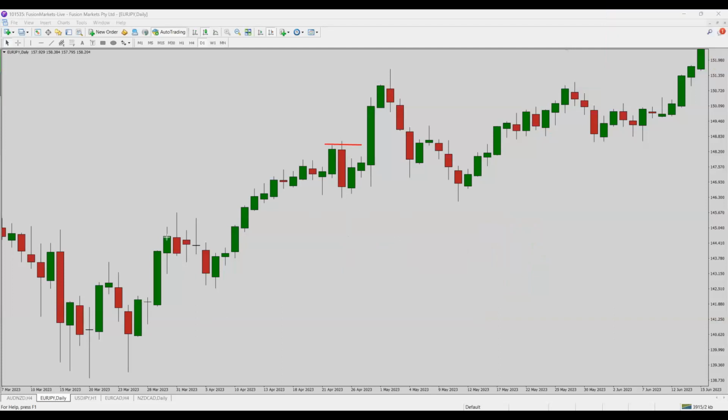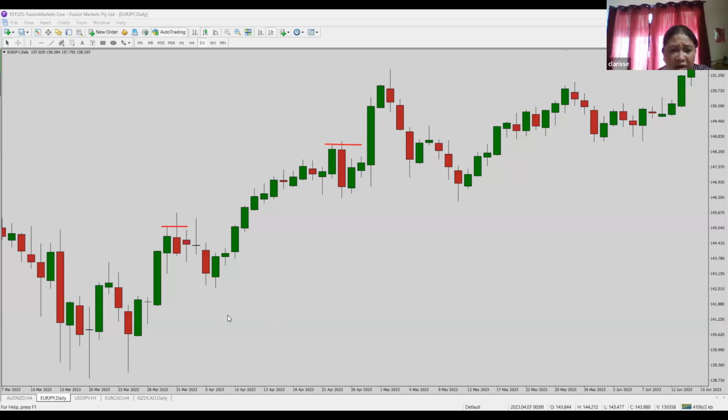Okay. Just like these two. It trades above, and it closes below previous candle high. That's a DHL. When you say it closed below the previous candle high, where am I looking at?